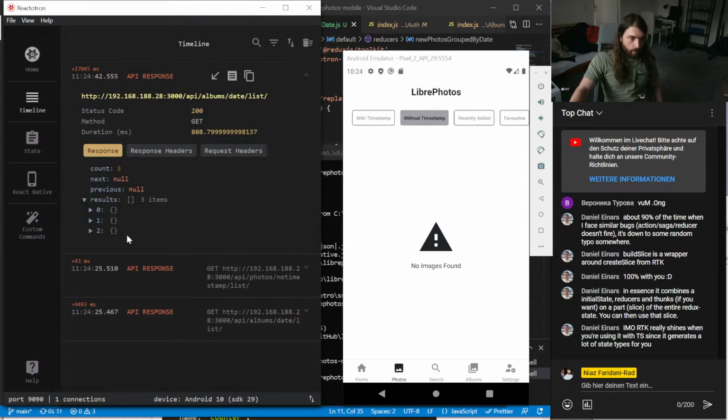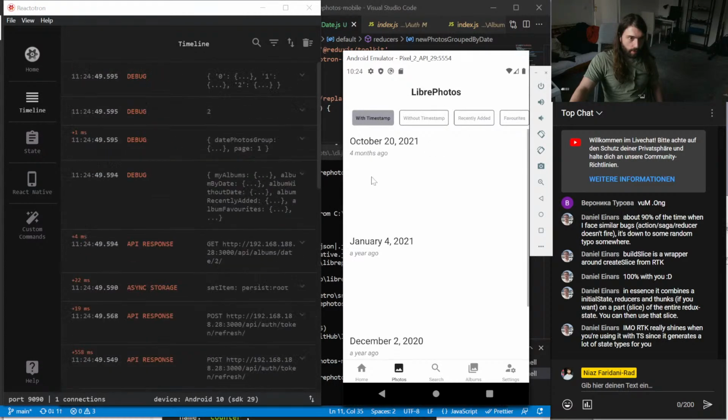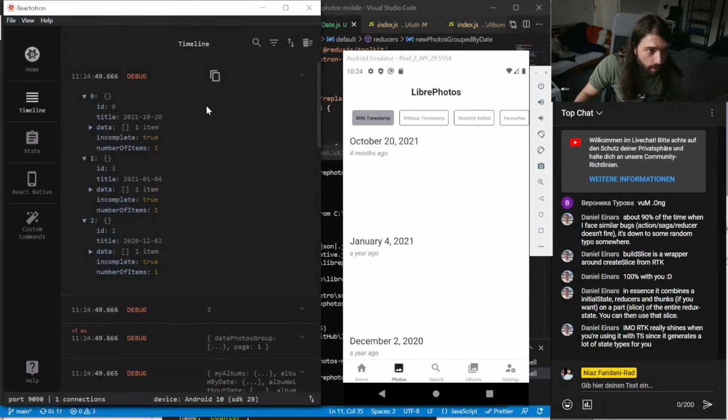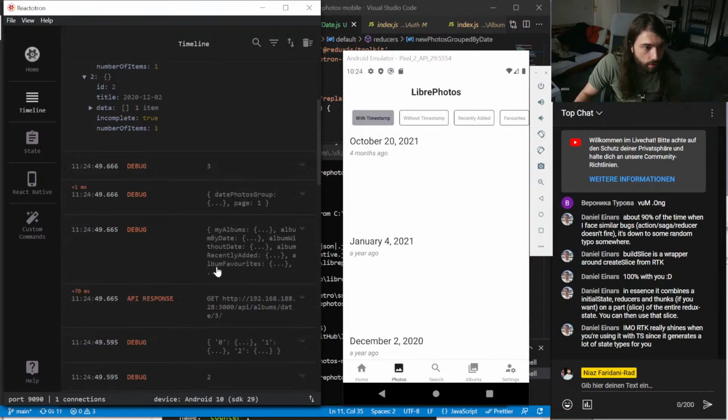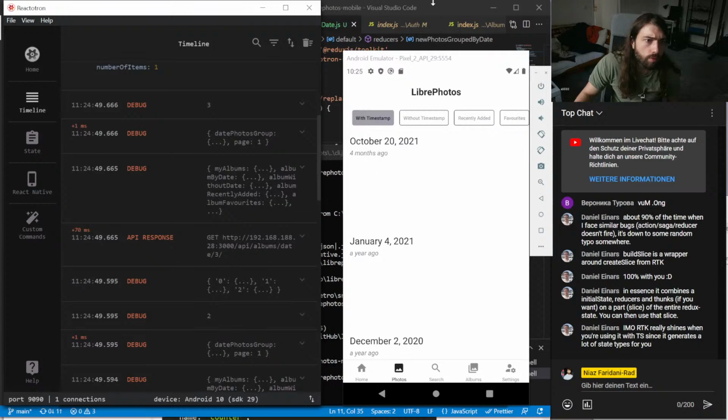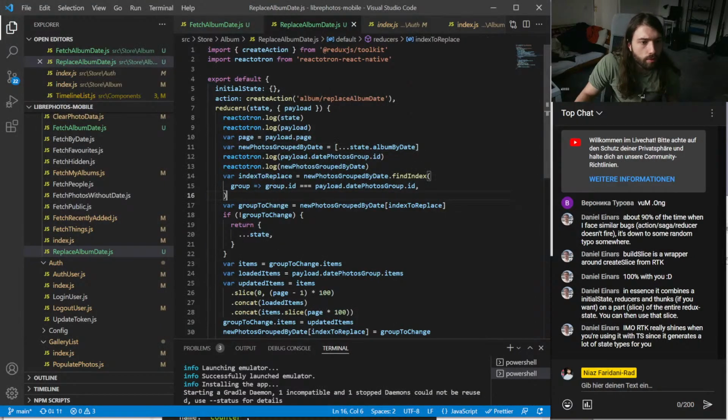Here we go. Okay, so we got something back again. Right. So now we have actually something in here, and it's 3 and 2 and stuff like that. So we have 2 here, group.id, and that equals.